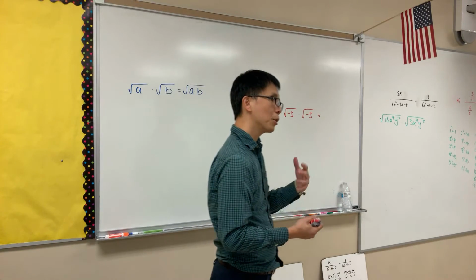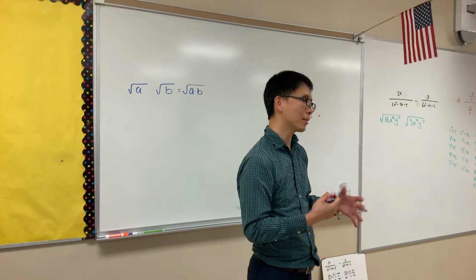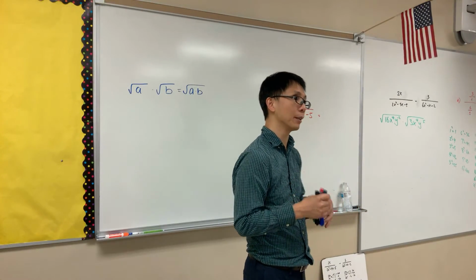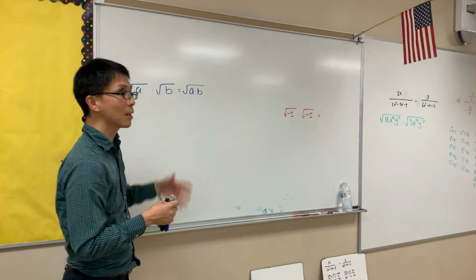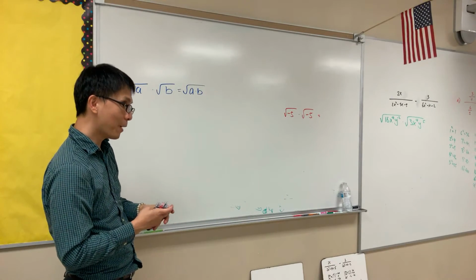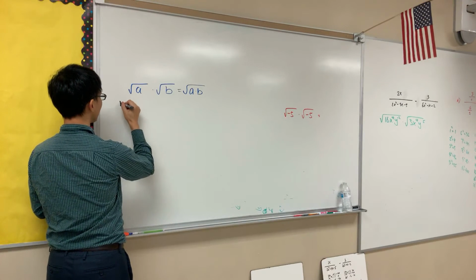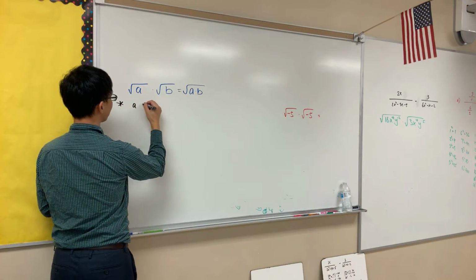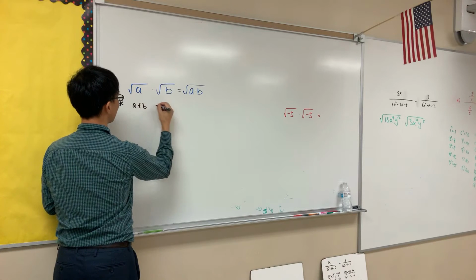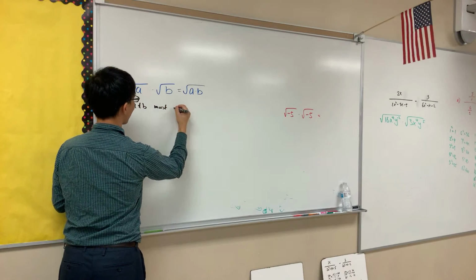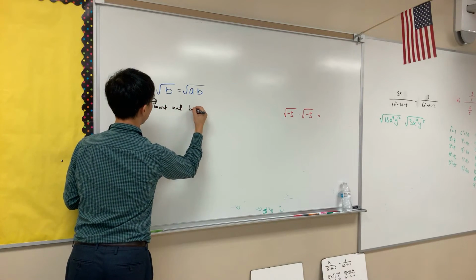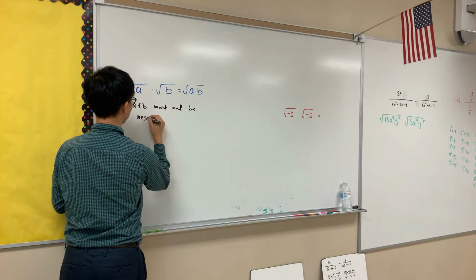So there are exceptions to everything about math. There's a lot of small fine print, and there's fine print on those rules that nobody pays attention to. The fine print is this: A and B must not be negative